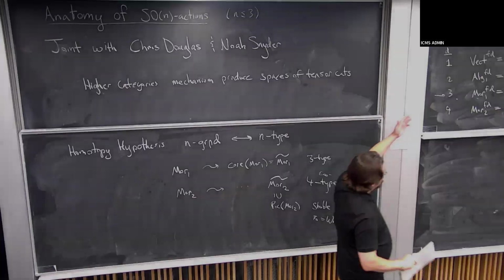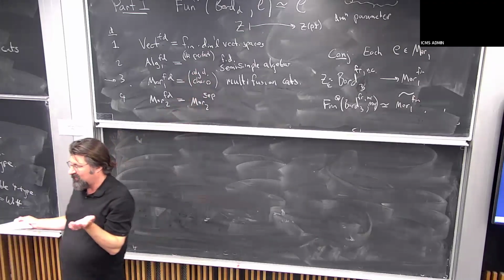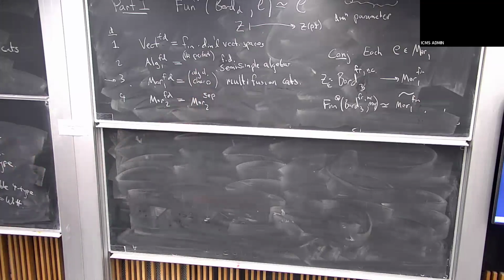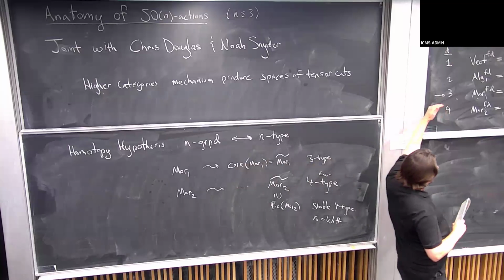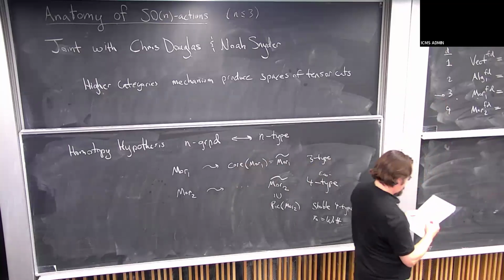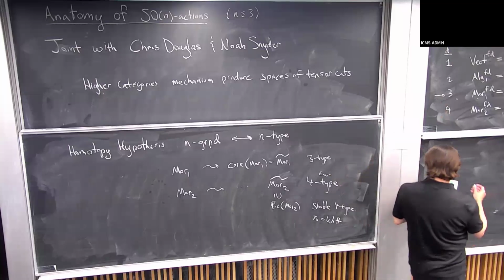In dimension 2, these give you these 2D TFTs that I can evaluate on framed manifolds. There are not that many framed manifolds, so it's not that great. It's better maybe in dimension 3, where oriented 3 manifolds can be framed. So maybe we get some TFT stuff like that. But we can do better. So part 2